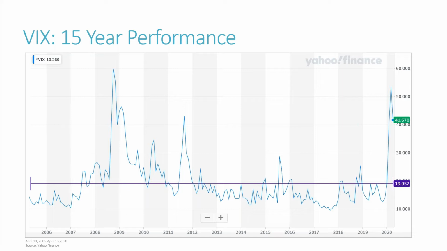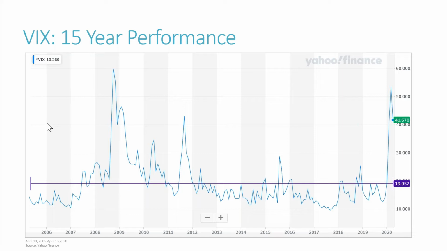You can see the first peak there, right during the 2008-2009 Great Recession. You can see from this chart that it peaks at 60. I will note that this is a monthly interval, so it takes the value of the VIX at the end of every month. So it does miss any intra-month peaks or troughs in the VIX index. I'll talk a little bit about that on the next slide. But to give you an idea, I'll point out a very interesting fact relative to the Great Recession and what's going on now.